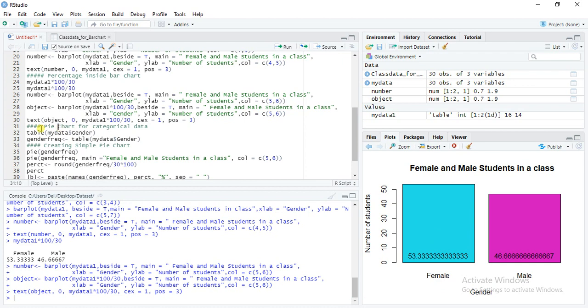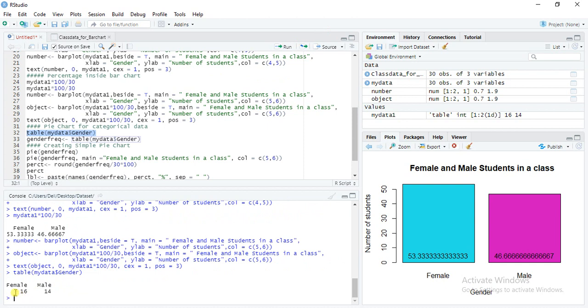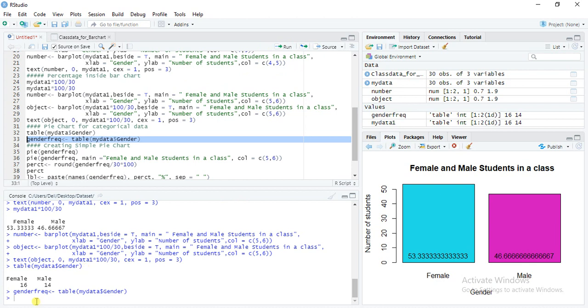Now we will create a pie chart. For the pie chart, I will use the same file, copy, and run here. Table, female and male. Now gender frequency, another script, that is gender. And what is gender frequency?